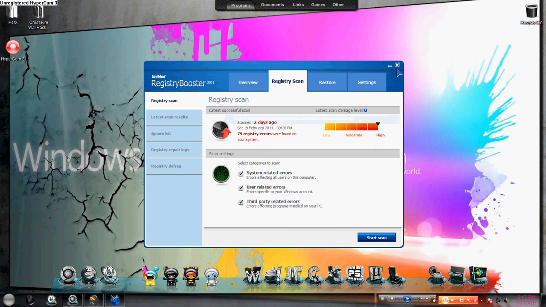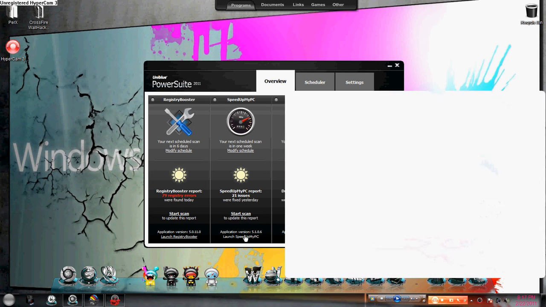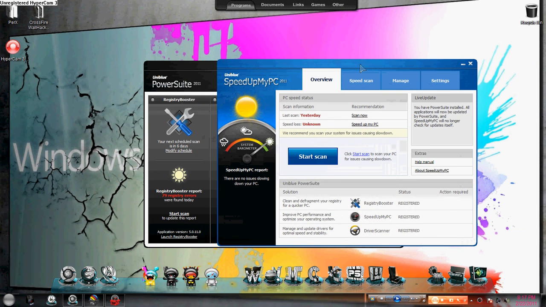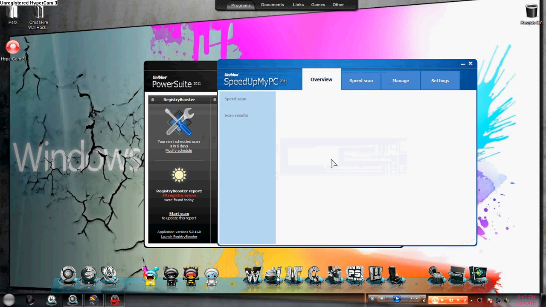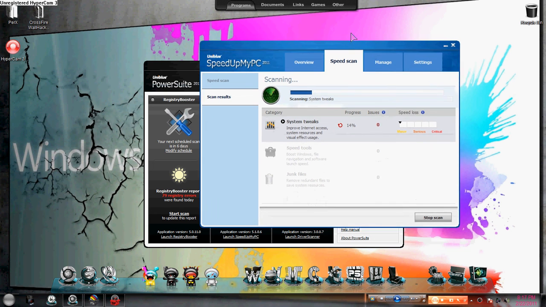and let's proceed to the other program in PowerSuite 2011, which is Speed Up My PC. This is also very useful for your computer because it scans your PC for system tweaks and speed tools and for junk files which are not useful, and it really speeds up your computer.